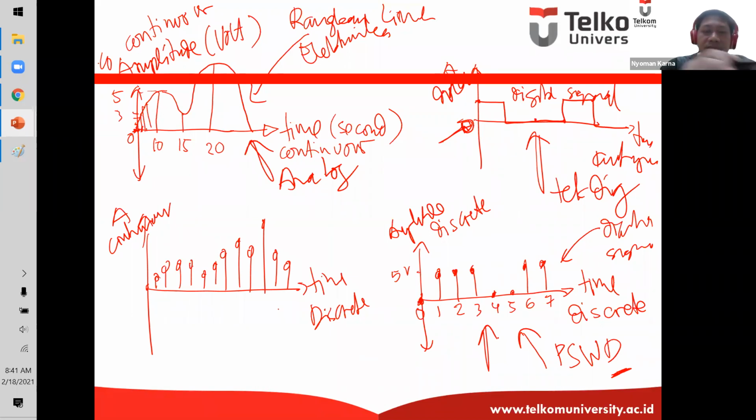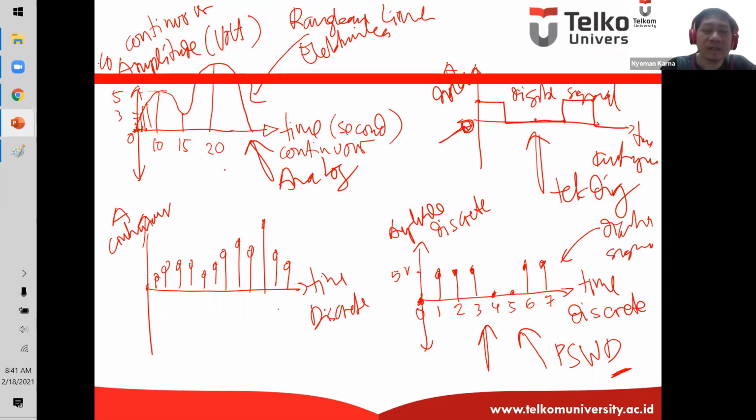Okay, now usually we heard about how to transform the analog signal to digital signal. How does the ADC, analog to digital converter, work?